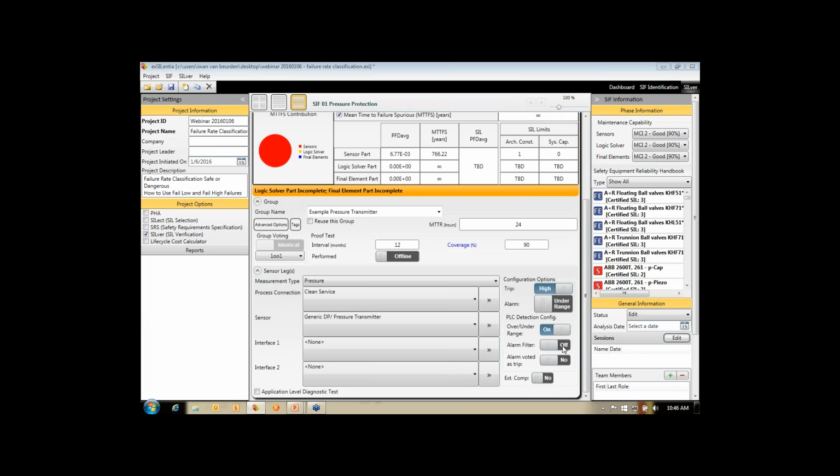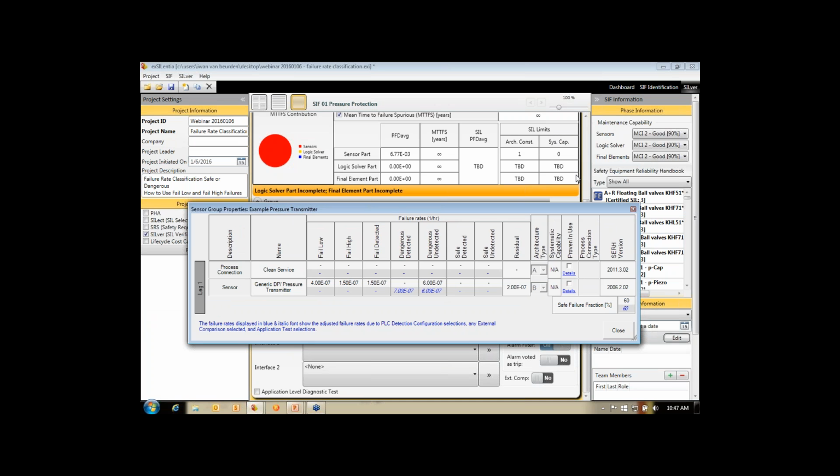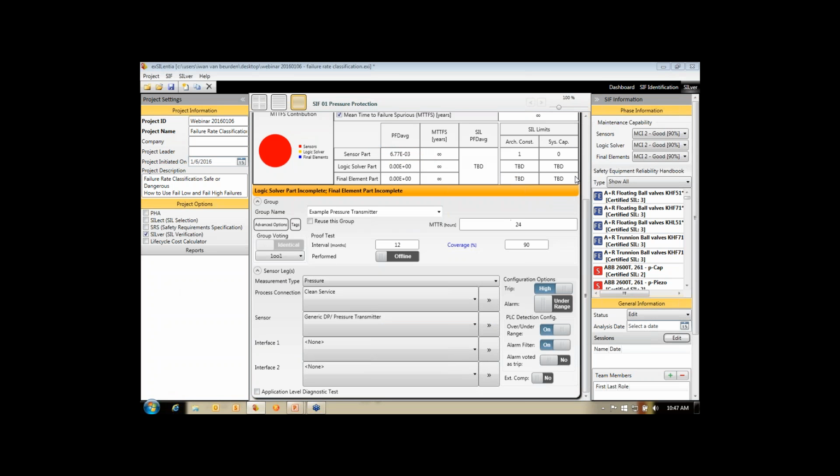Now, if we say that we do filter those unhealthy signals, we see that those fail high failures are now shown in the dangers detected column. Now, the actual calculation doesn't really change from a PFD perspective. It's still the same 6.77 E minus 3, but that's because we assume that the dangers detected failures are repaired within the repair time, which in this case was specified as 24 hours. Maybe if we make that a little bit longer, that could have an impact, but typically dangers detected failures have a very low impact on